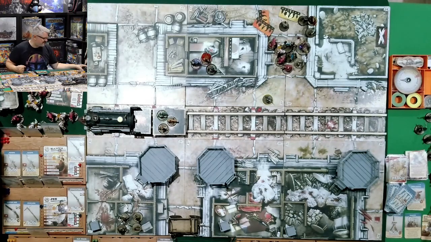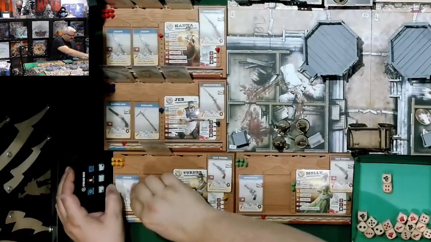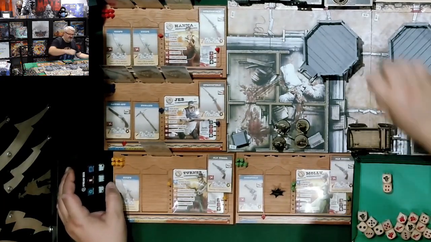So we cleared out the trains. And first player moves on. So it is now Molly to go first. She currently has 2 pistols, so she's doing great. Is it worth her coming down? I think at this stage it is, particularly now she's got her additional action. So she will